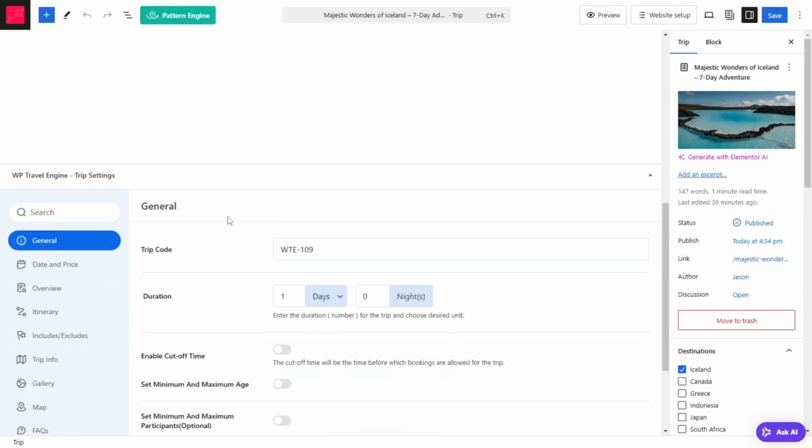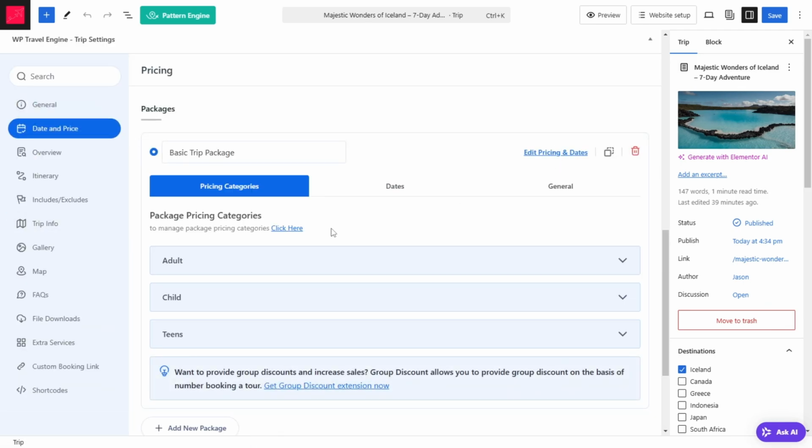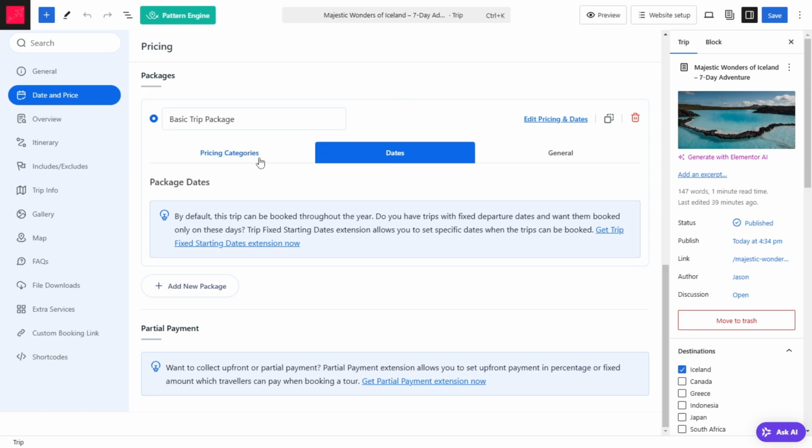Once we are here, scroll down to find date and price. Click edit pricing and date. Make sure that you fill this in, or else that tab is not going to come. All right, now let's go to date. By default the trip can be booked throughout the year, but if you want to set this trip only to be booked within a specific amount of days or dates, then you have to download the fixed